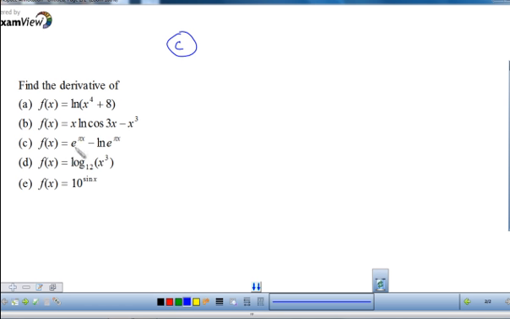Find the derivative of e to the pi x minus ln of e to the pi x. Okay, so we're going to have the derivative of e to the u is e to the u times the derivative of u. So remember, pi is a constant. So if we let u be pi times x, the derivative of u would just be pi. So we're going to have pi e to the pi x